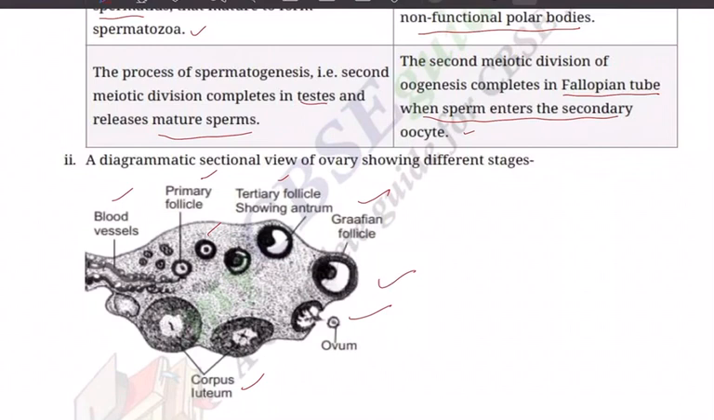and release of ovum, ovulation, and then remaining, after the ovulation takes place, remaining layers becomes the corpus luteum, and you know the importance of corpus luteum. Okay, so keep on practicing diagrams, and particularly as I have been telling you, section C and section